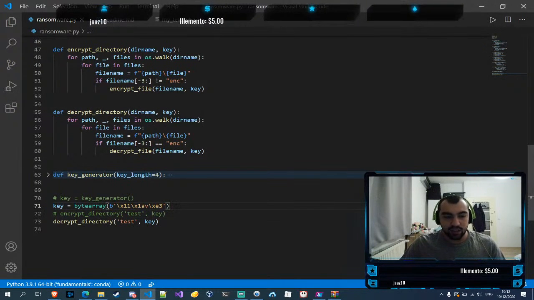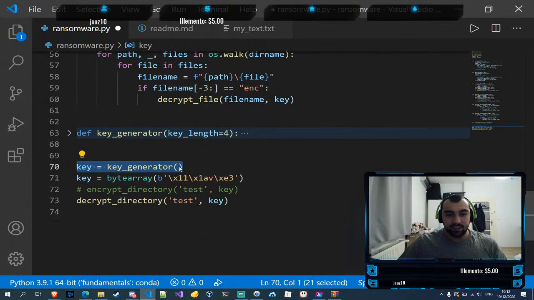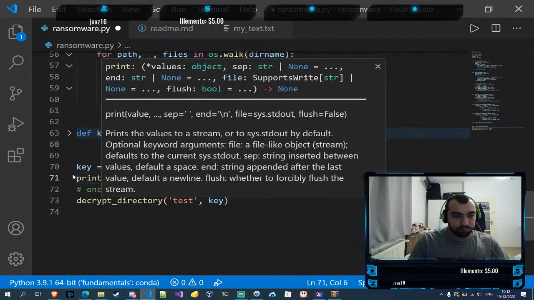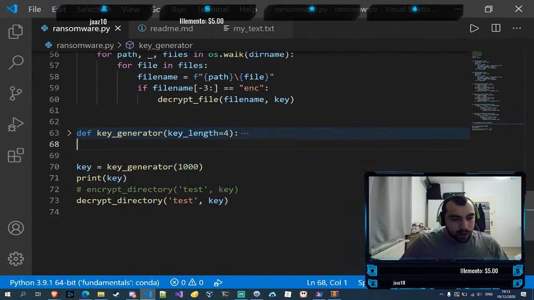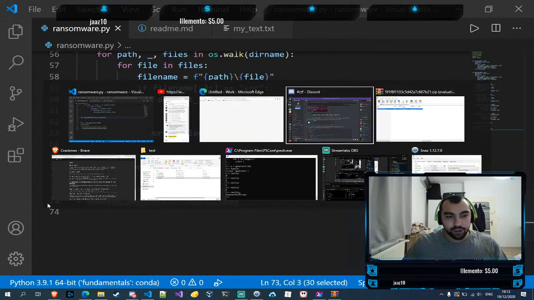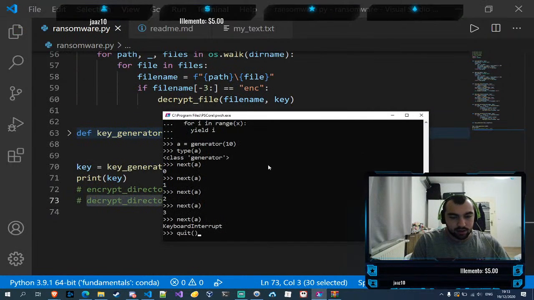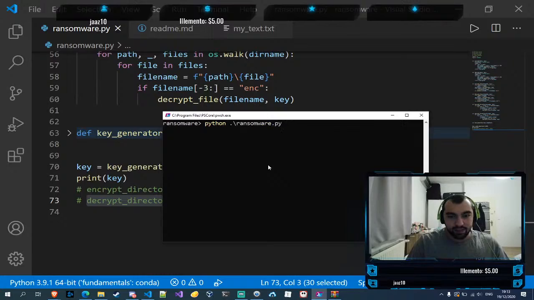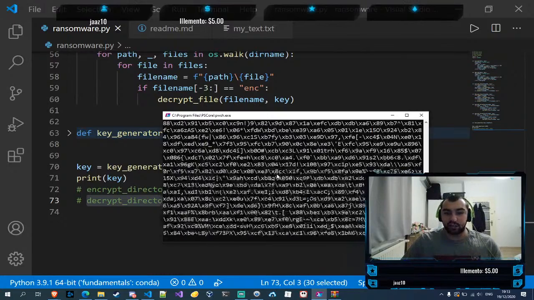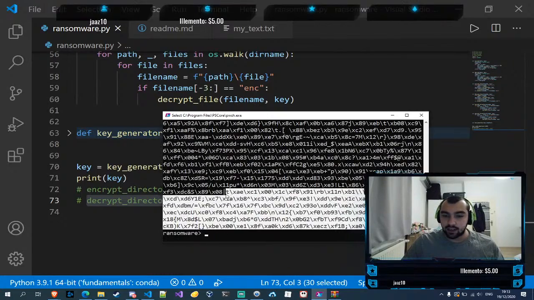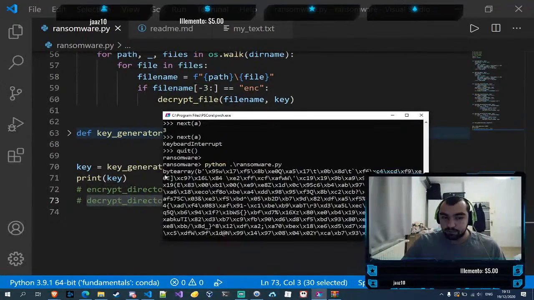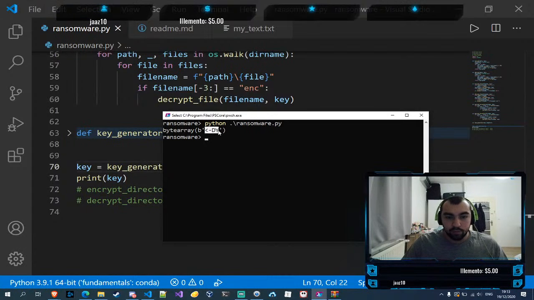And let's say the length of the key in this function is 4. But let's say you put the length as 100, and let's print the key. All you have to do, so let's run this again. This is a huge key, right? All you have to do is figure out what key it is. If you use a small key like 4, well, this is going to be quite easy to